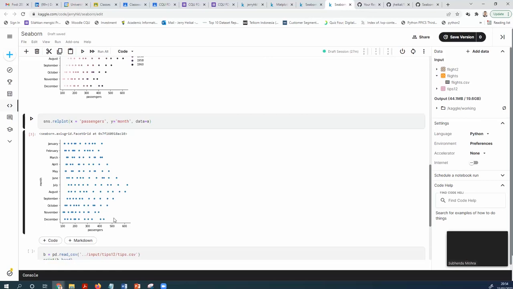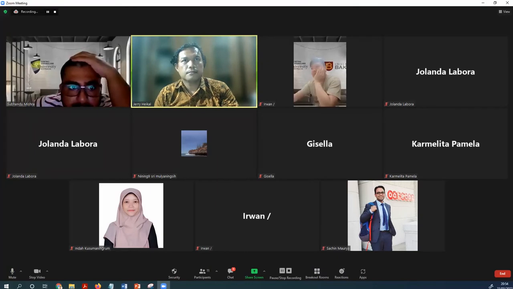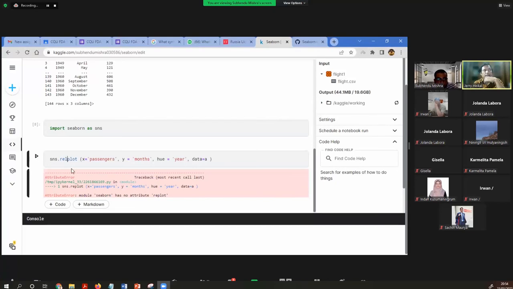I have an error. Let me see. Share screen. You need to define the relplot. It's rel plot, not replot; you need another L. Okay, run it.